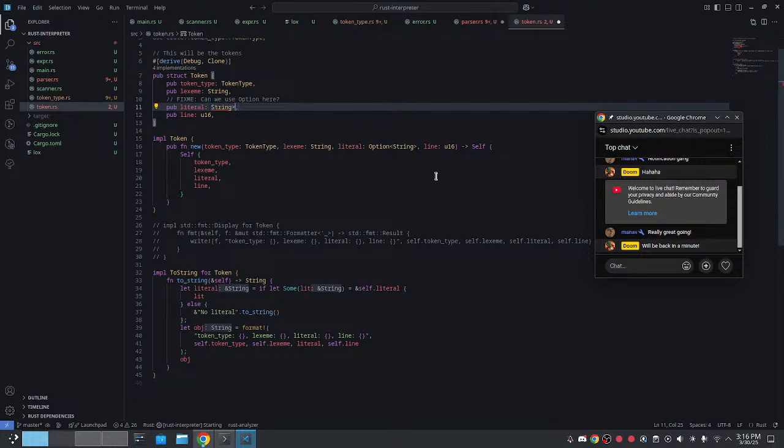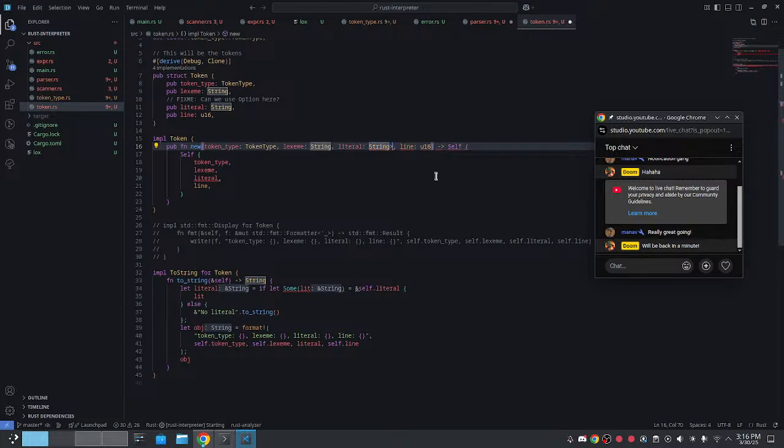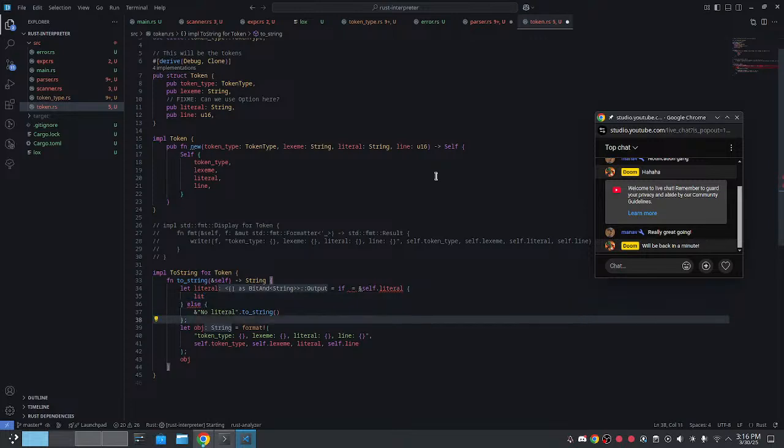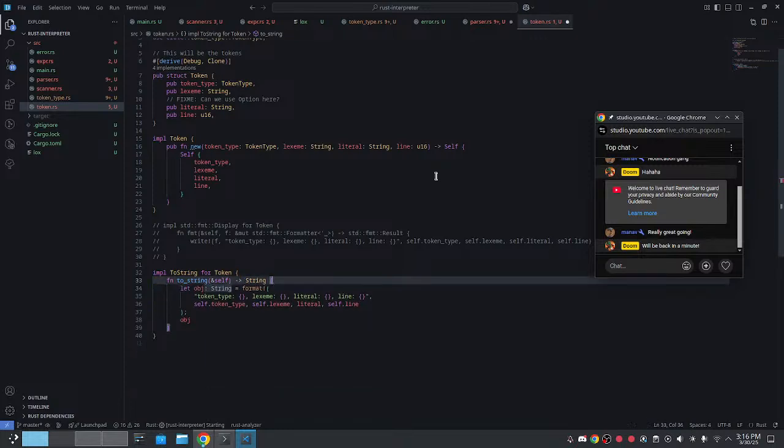Just remove this, remove this also, and then